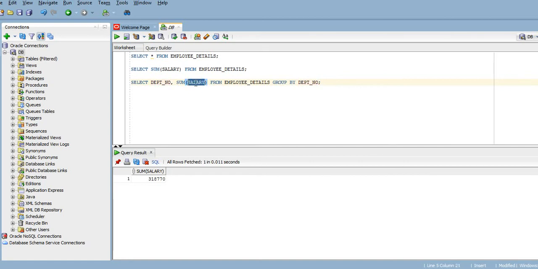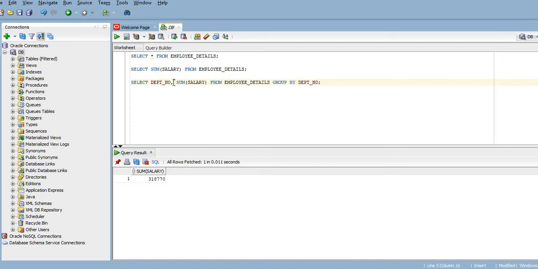And one important note over here: in the select we are trying to sum the salary, and except this we have used another column to group up the data, that is department number. Based on this column we are trying to group up, so that's why this column we are using after the group by clause. We can't use any more columns in the select statement.